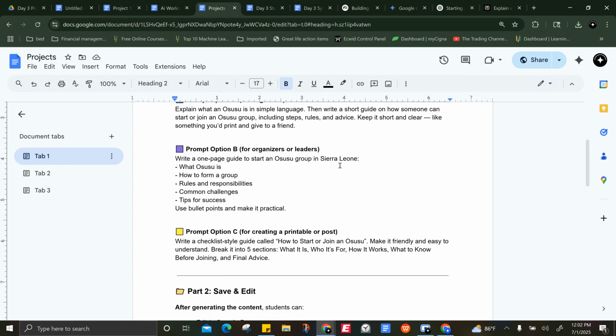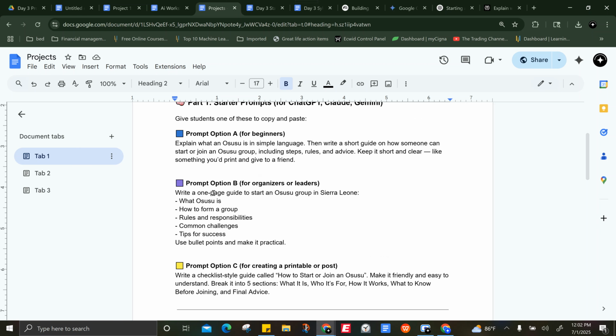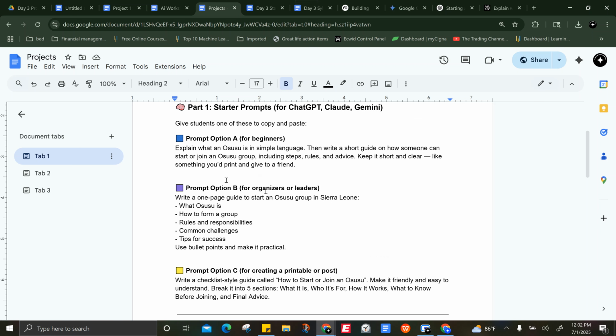Write a one-page guide to start. So basically, not the same thing, but I wonder what the difference is. It says for organizers or leaders. I think the first one is for beginners,